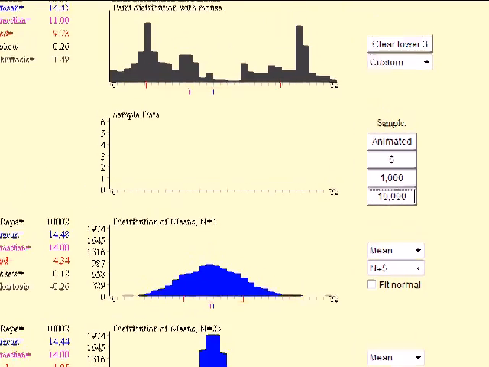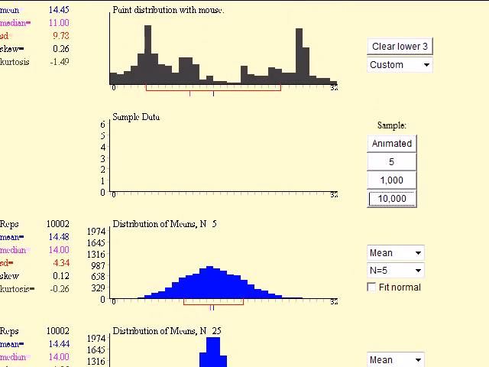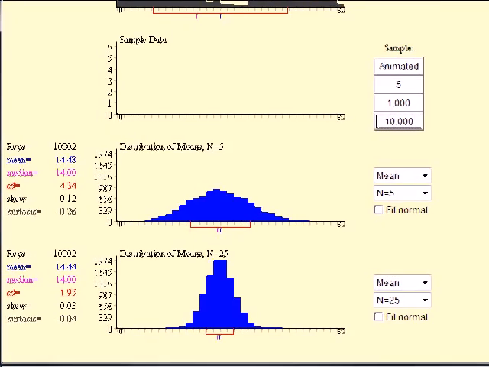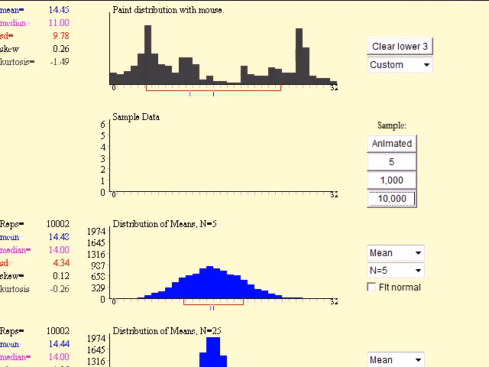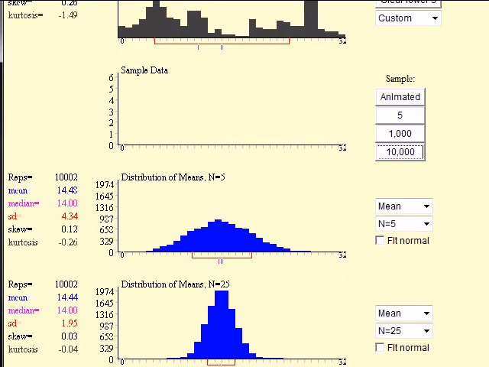Remember, our first distribution was just this really crazy, very non-normal distribution. But once we did it, oh, whoops, I didn't want to make it that big. Let me scroll up a little bit. So here, what's interesting, I mean, they both look a little normal. But if you look at the skew and the kurtosis, when our sample size is larger, it's more normal. This has a lower skew than when our sample size was only 5. And it has a less negative kurtosis than when our sample size was 5. So this is a more normal distribution.